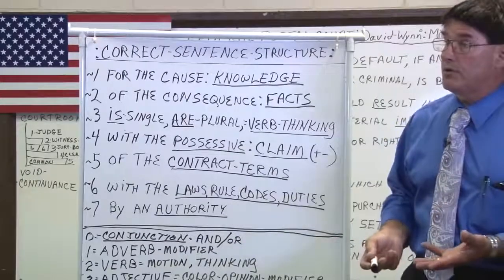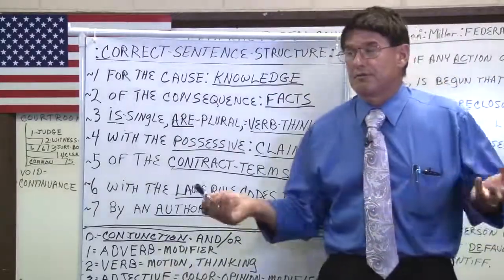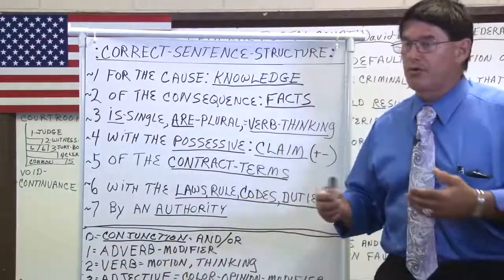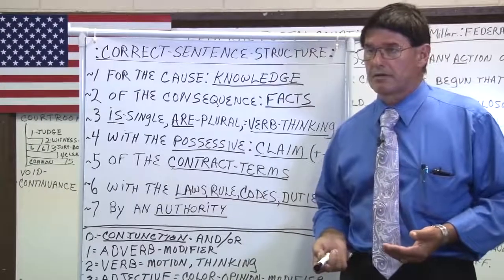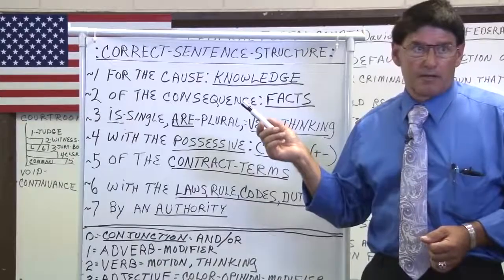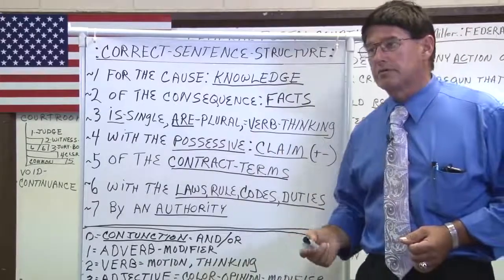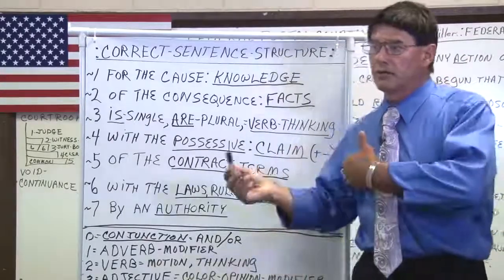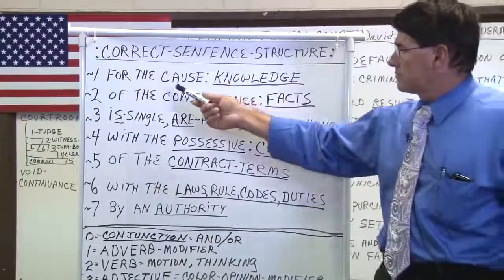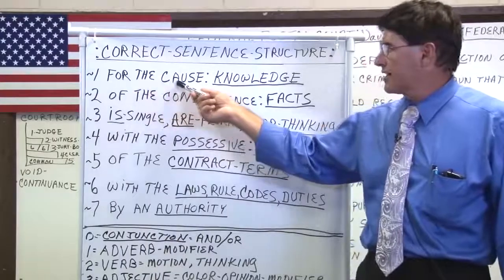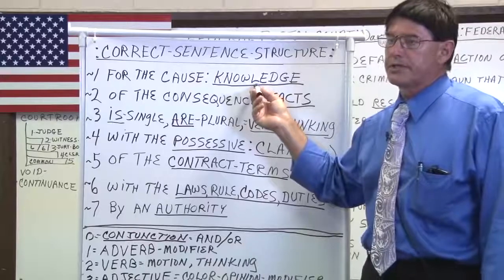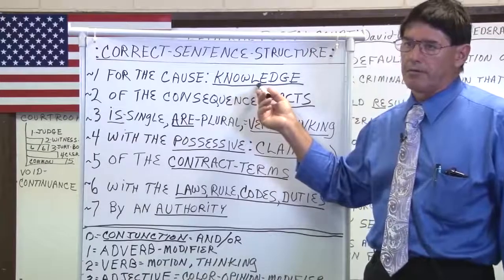If I was speaking to you in Japanese or Chinese or Russian, and you only understood English, we wouldn't be able to communicate with each other. So therefore, we wouldn't have a knowledge communication between us. It would require us bringing in an interpreter to stand in and do the translations. But what we're doing here is, the first thing that a court has to establish is your cause. What is the knowledge or educational limitations of all individuals in the courtroom?